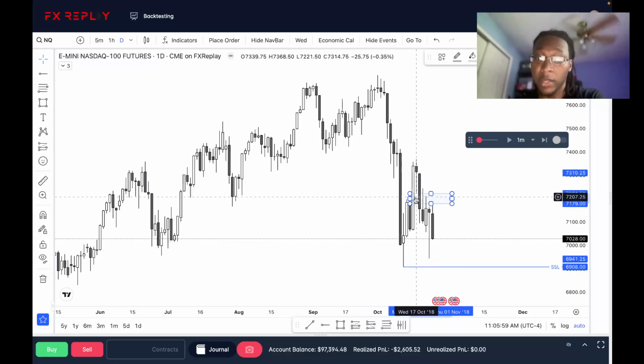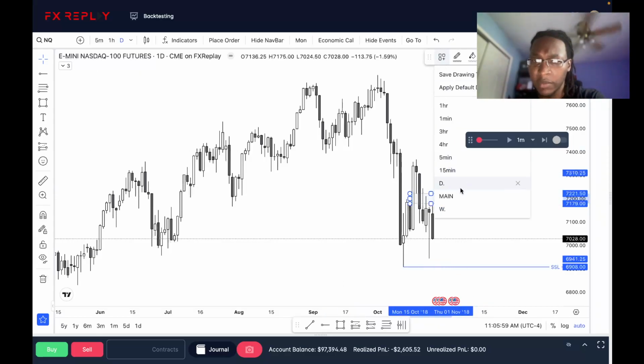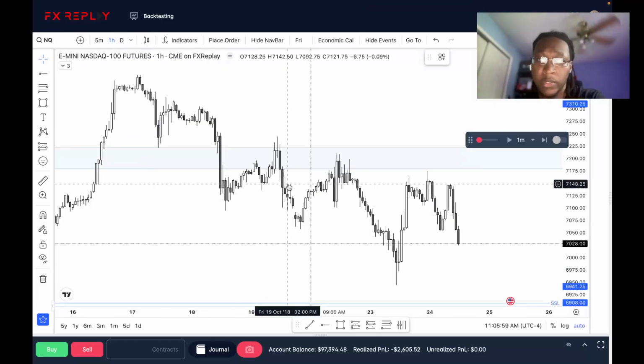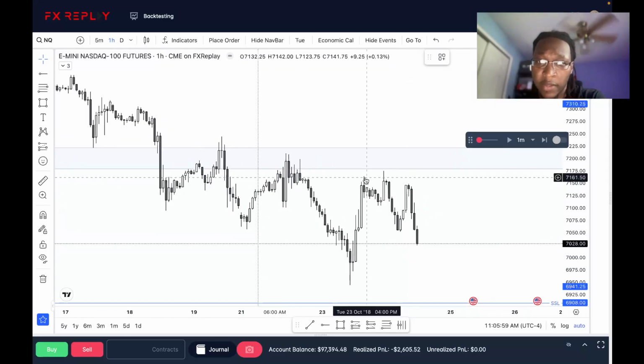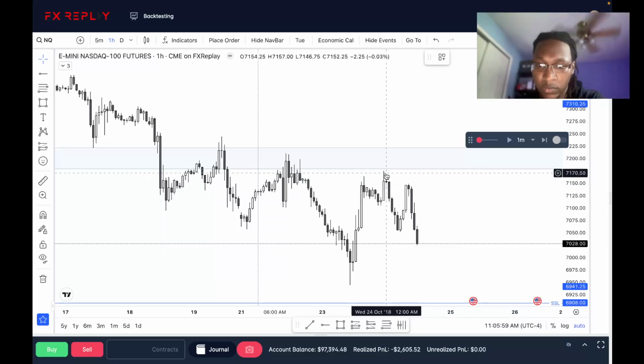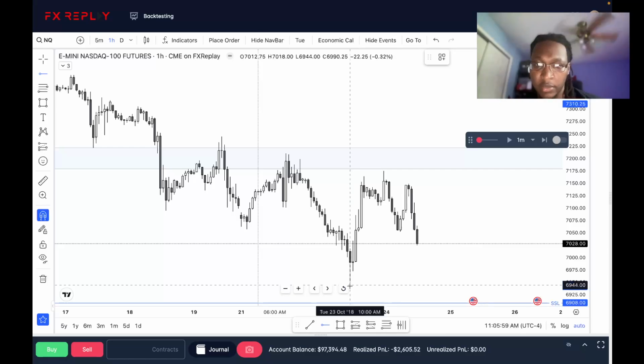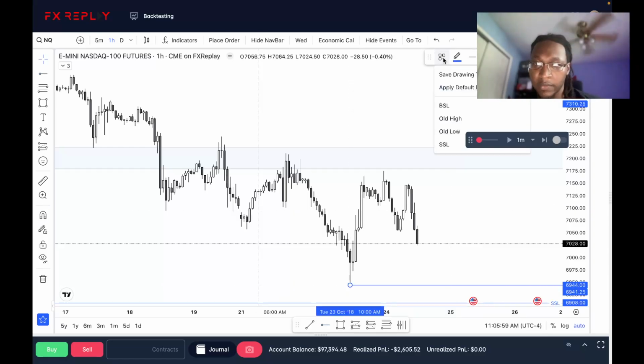Boom, fair value gap right here, that inversed, potential for bearishness. We could see here, this is Wednesday, we came up, took out the previous day high, and then traded lower. On hourly, we have a high that we took out here on Tuesday. This is Asia. Price comes down, comes back up into this gap here, and then trades lower. So I would think that we come down to these lows over here.